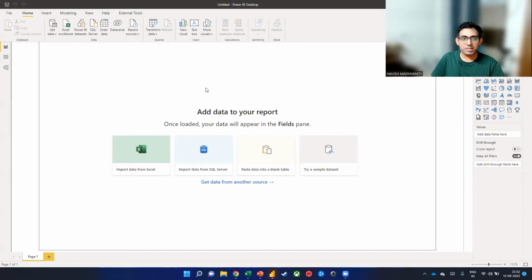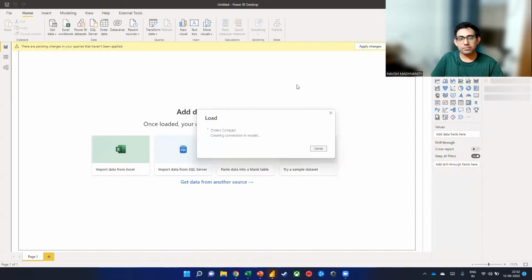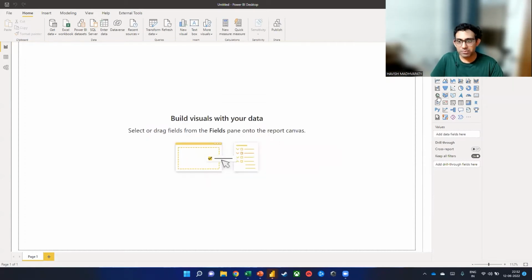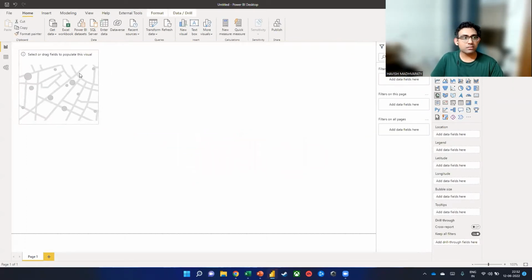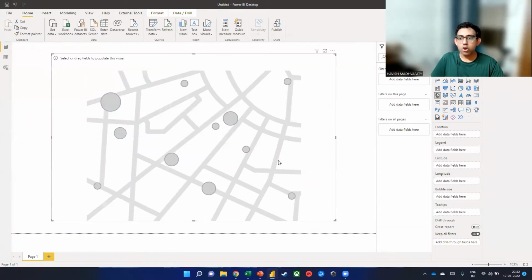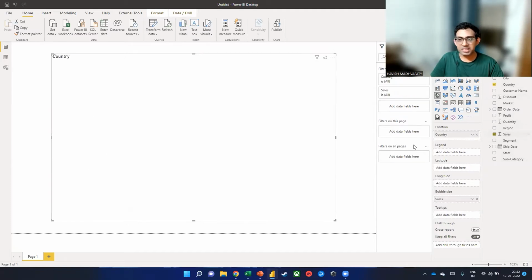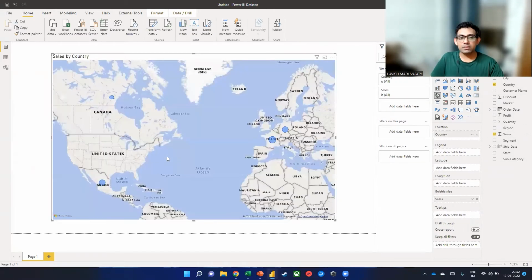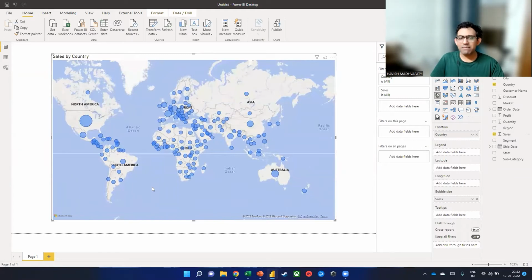And what we're doing here is, I would like to make a map in which we will show the country and the sales value, like this. Now we have 165 countries with us in this data set, and that is what we are showing